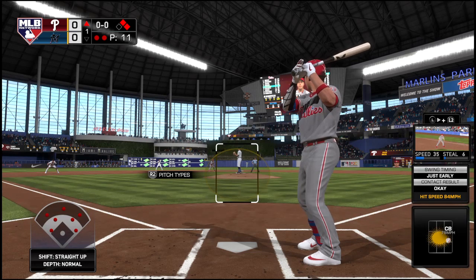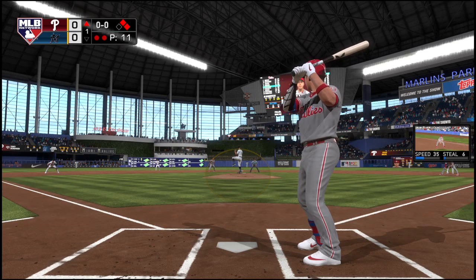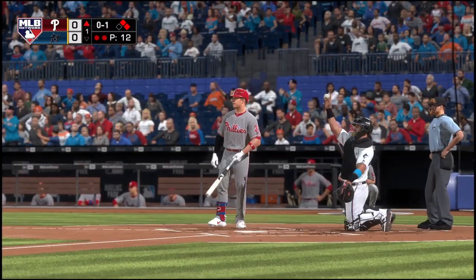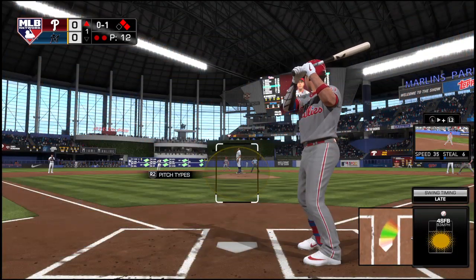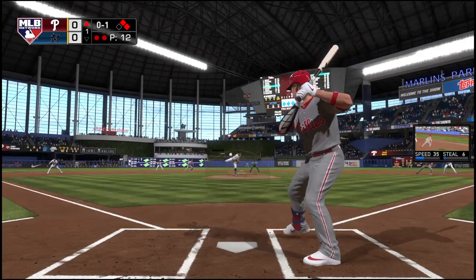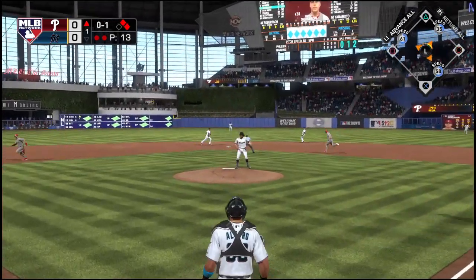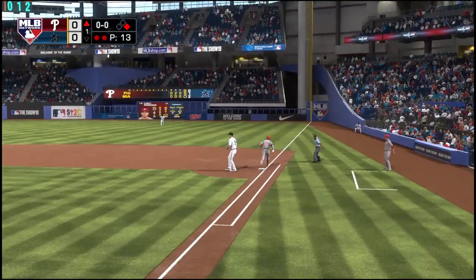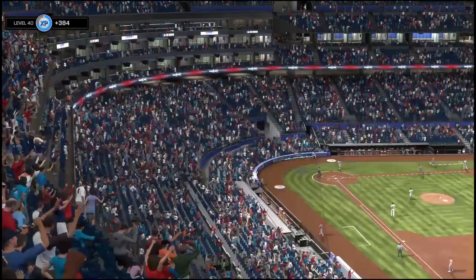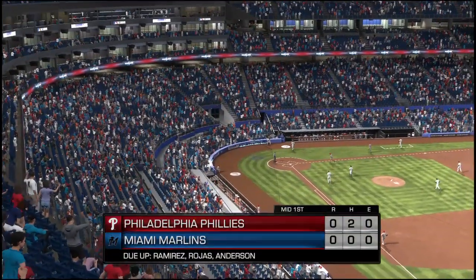Settling in now, Corey Dickerson. And he comes into this one having hit safely in his last 5 games. Oh, and he just blows the fastball by him for strike 1. Fastball right back to the mound. Throw on to first is in time, and the Phillies are turned away. They get nothing out of this situation as the inning is over. Phillies leave a couple, and now the Marlins will have